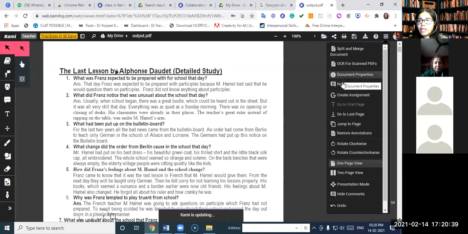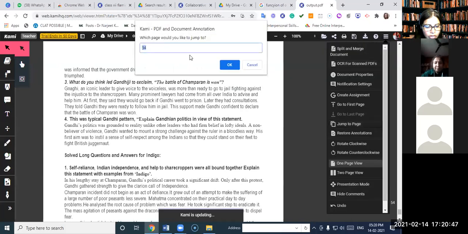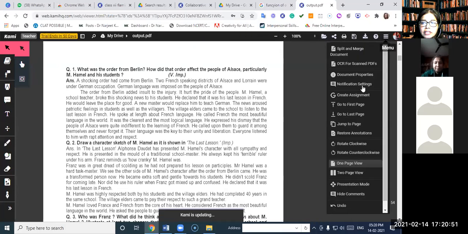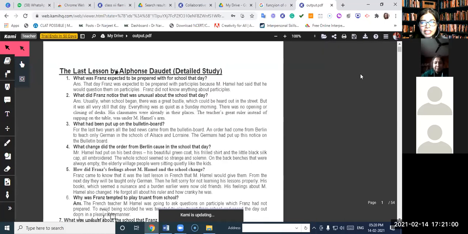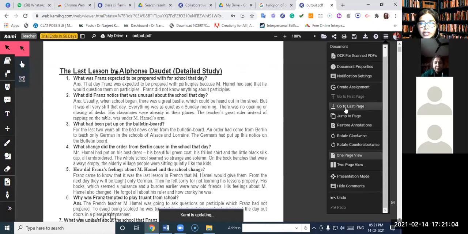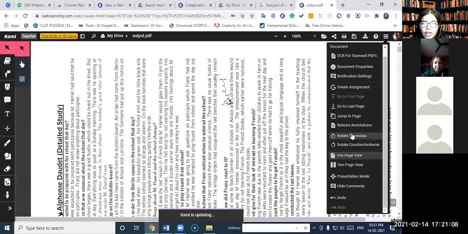Then, we are already on the first page, so you can go to the last page, or you can jump to whichever page number you want. I can go to page number 4 if I want. And see, now this is getting highlighted. Go to first page was previously not highlighted because we were already on page number 1. So I can click on go to first page and we are here, and see now again this is not highlighted because we're already there. So we can jump to page, we can rotate the document as and when we want.